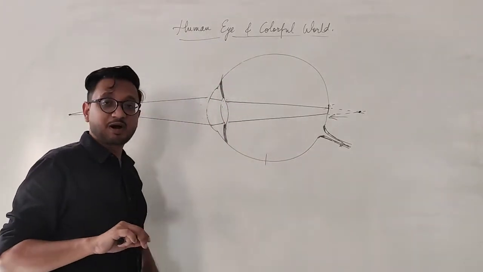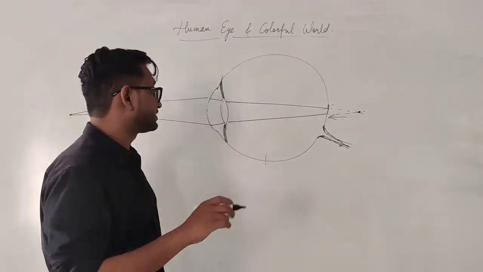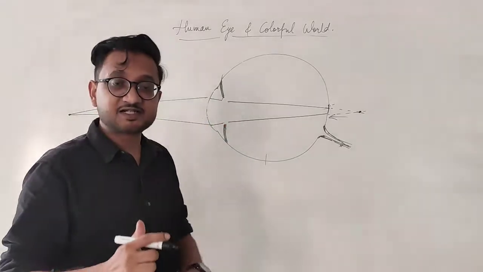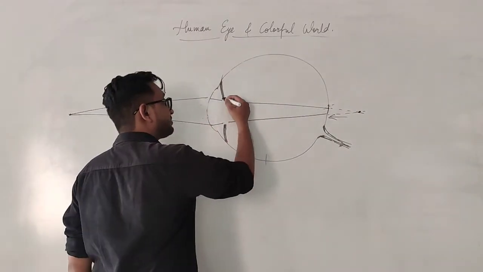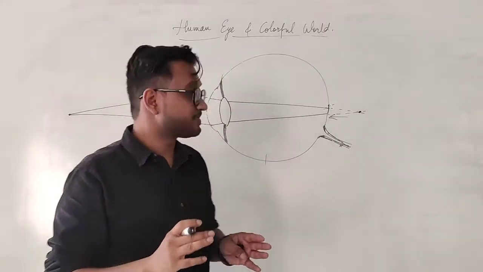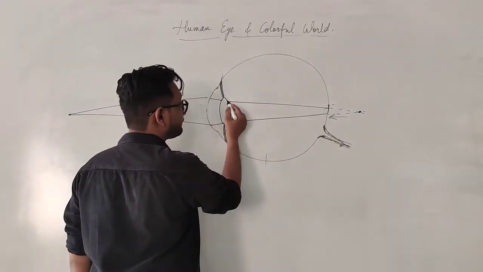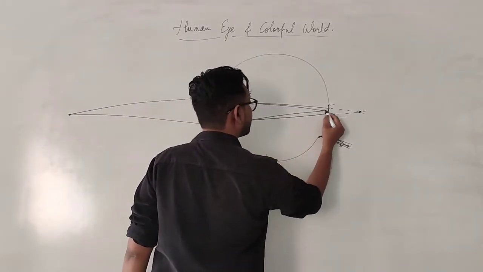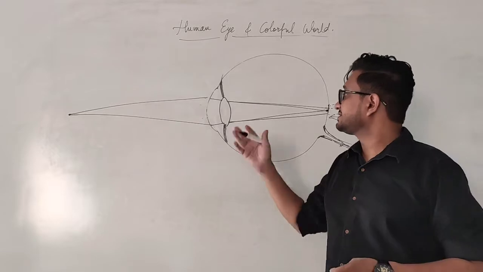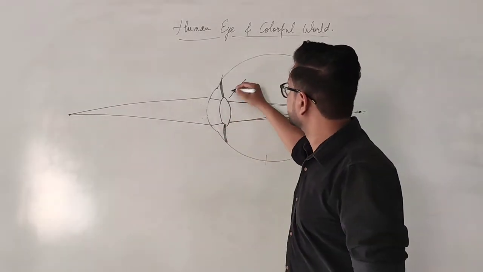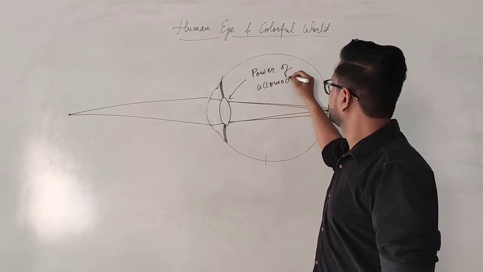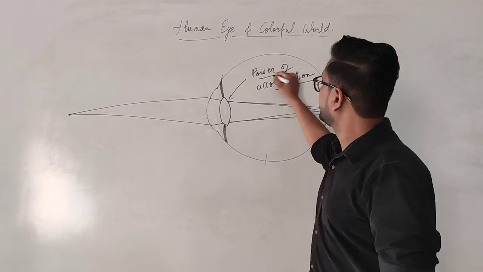So in this case, the power has to be increased, and therefore our human eye lens is made of a jelly-like substance, so that when required, its power can be changed. So now, with the help of ciliary muscles, the lens becomes thick. Thicker than before, and therefore its power increases, and now the rays of light will converge properly on the retina, and you will see the object clearly. This capability of the eye lens is called power of accommodation.